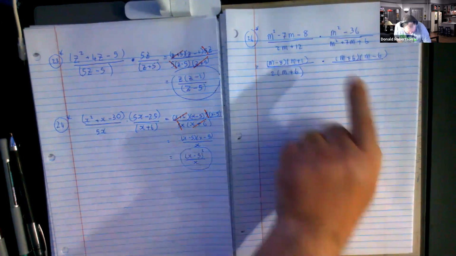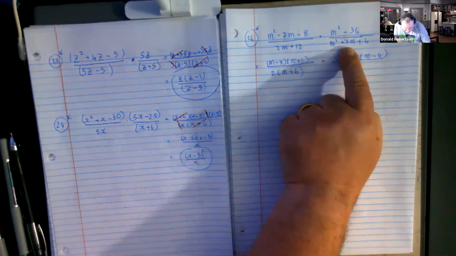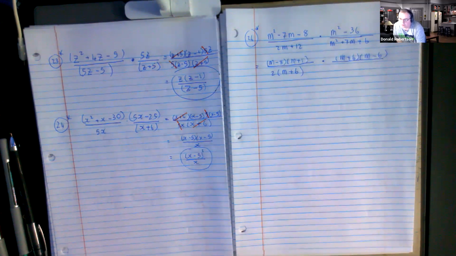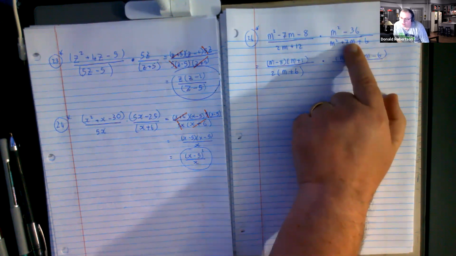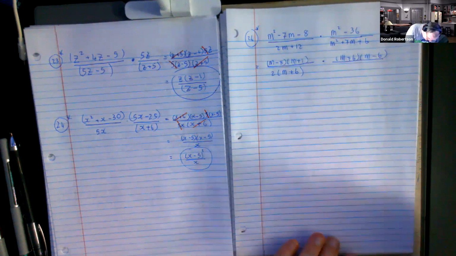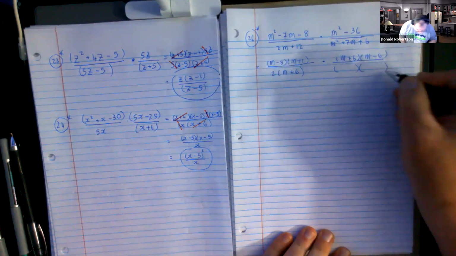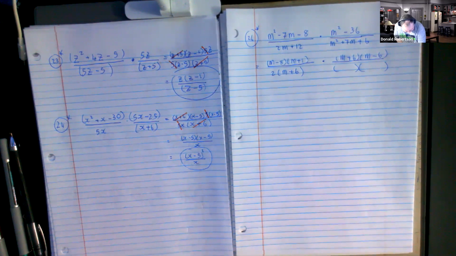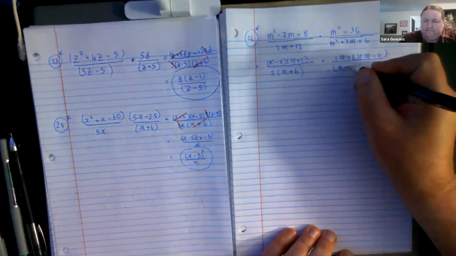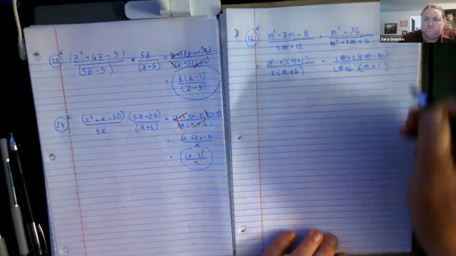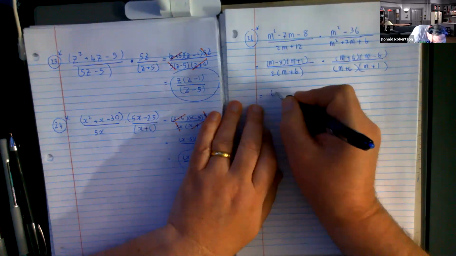Okay, the last one. M squared plus 7m plus 6. Now that's another simple quadratic. Only this time, two numbers that multiply together give me plus 6, and when you add those same two numbers, you get plus 7. What combination does that? Six and one. Now, when I put all these guys together,